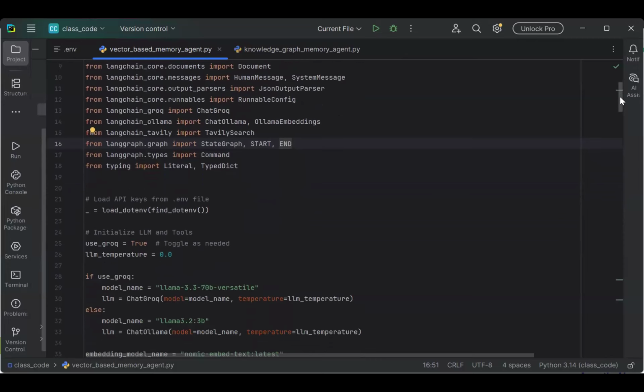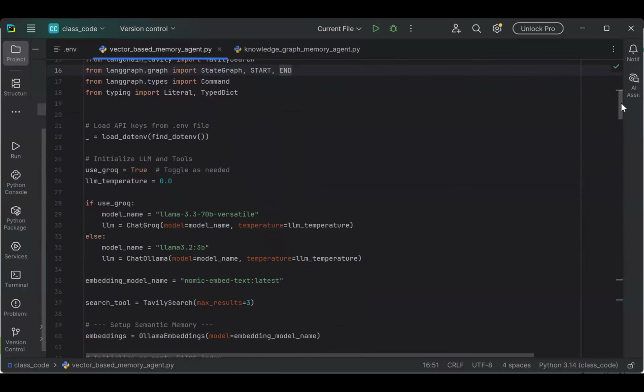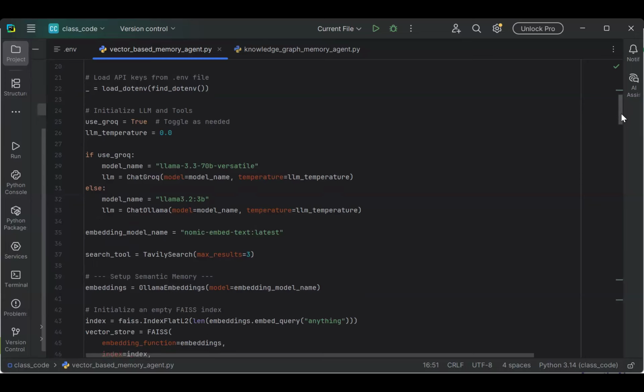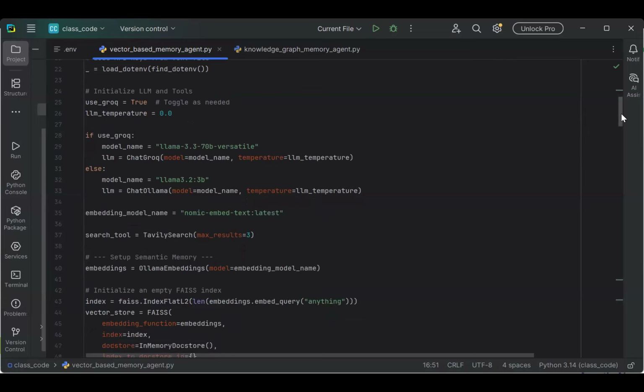Okay, so here we're loading API keys and all that. These are the typical configuration steps that we've been using in the other scripts. We are going to run with Groq models, but you're also able to use Ollama models. If you toggle use Groq to false, that means you use Ollama models, but we're going to use Groq at least until we exhaust the